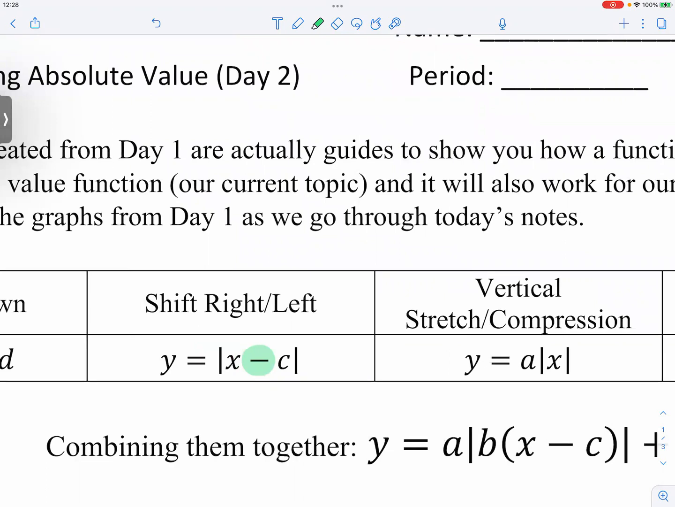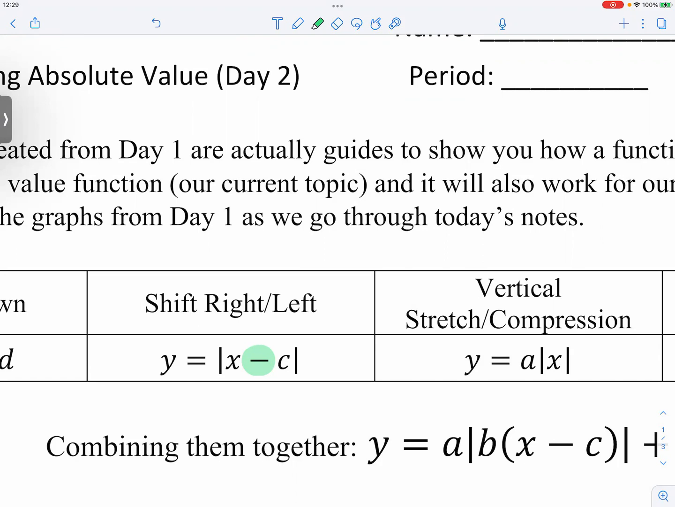Vertical stretch compression, that's kind of straightforward. It's a number that's sitting in the front. We call it the A number. Okay, that's easy. Do you remember the A number when you learned parabola back in Algebra 1? Like if A is positive, it's opening up. If A is negative, it's opening down. Remember that part? Vaguely, maybe. All right, so